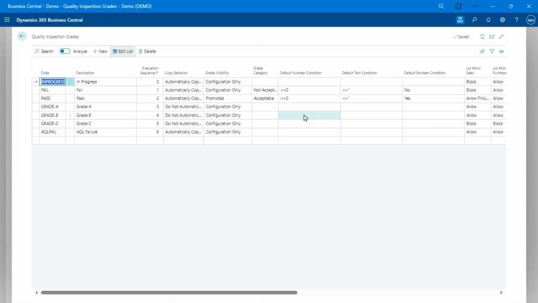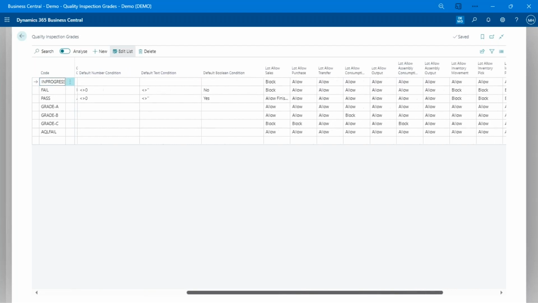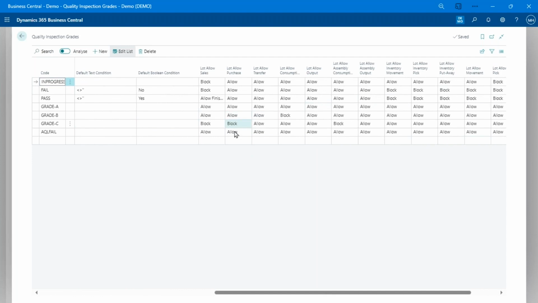All right. Now, the other thing I'll mention here is the grades. So we do have the ability to automatically grade product if that's important. So I have just the basics. I have in progress, fail, and pass is what I'm normally using. So that indicates if we're passing or failing a test. But I could also have tests that automatically grade the product. And so what that will do is if something falls out of my primary tolerances, maybe I put that as a grade B product or a grade C product or whatever you like. And then based on the grade of that product, I can define what we're allowed to do with that specific product. And this is based on the lot numbers, right?